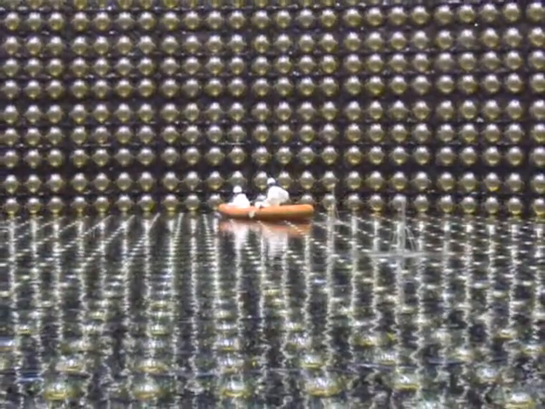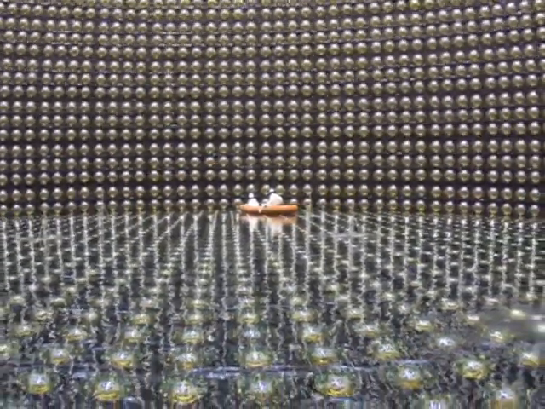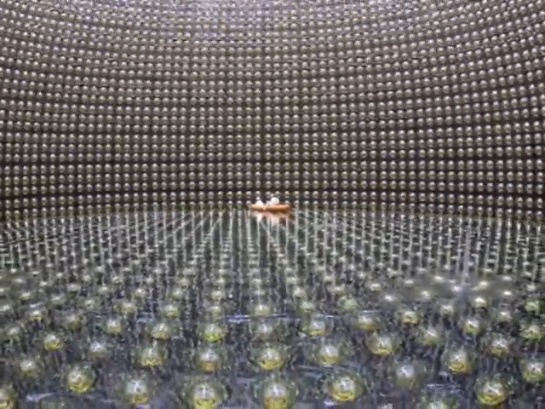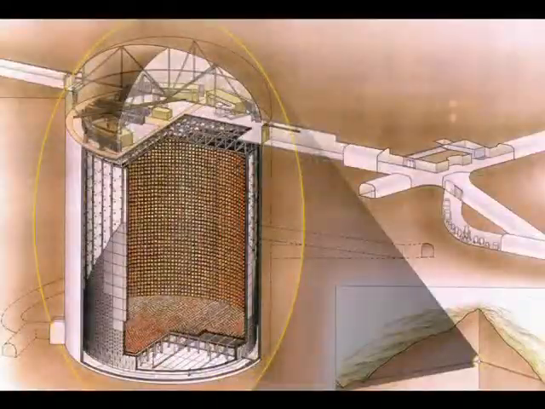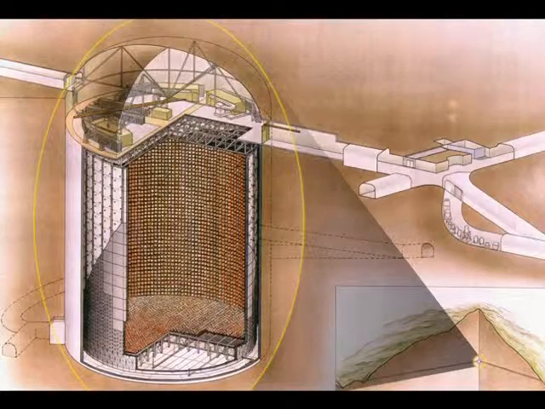Now, there are, in fact, experiments to look for this proton decay. See, if you gather 10 to the 36 protons, that's about 1 million tons of matter, then on average, one proton will decay per year. And perhaps you can detect this. Actually, that's the principle behind this 50,000-ton chamber of water surrounded by very sensitive light detectors located under a mountain in Japan. Now, so far, no proton decays have been detected, but the search continues, and there are plans to upgrade this to a 1 million-ton chamber.